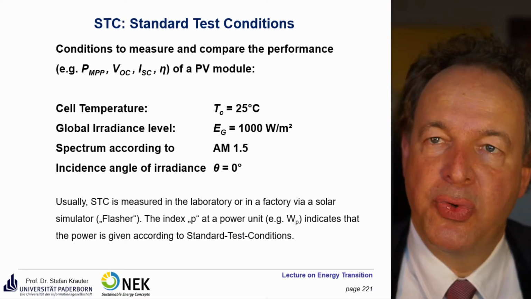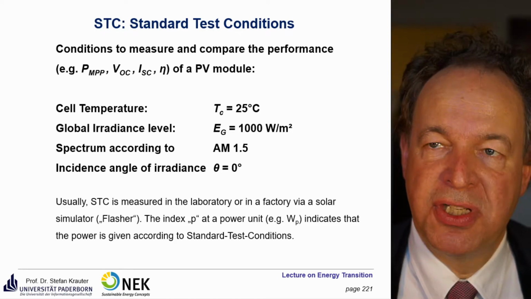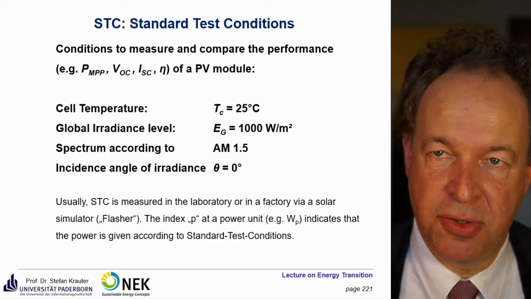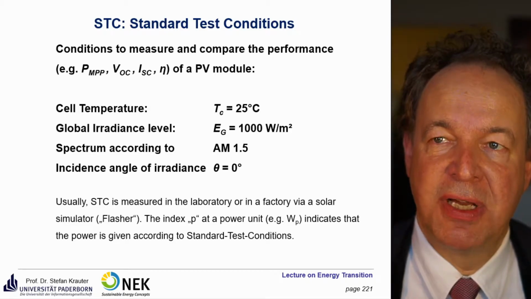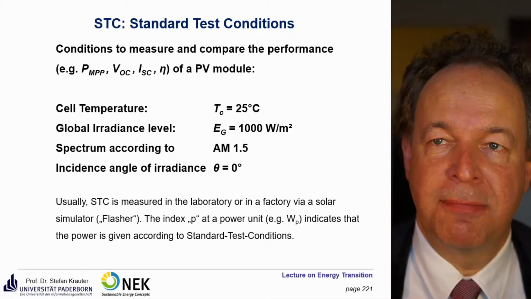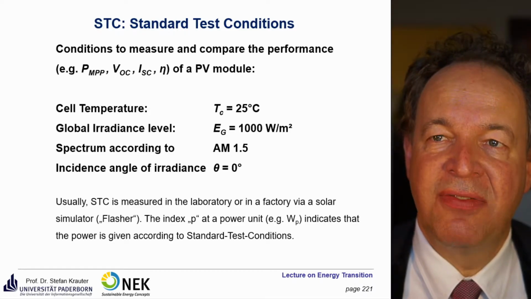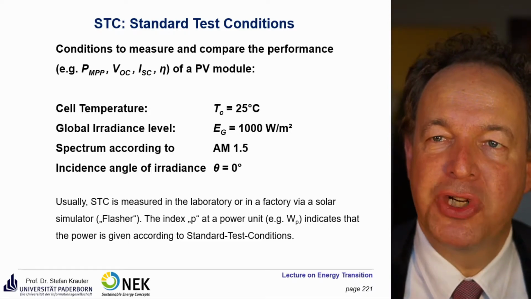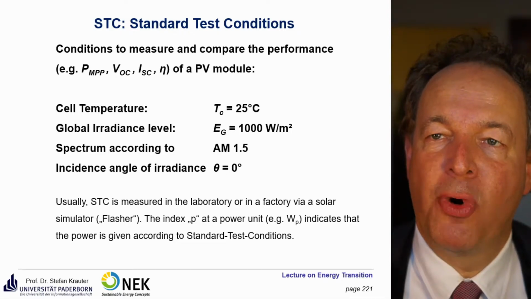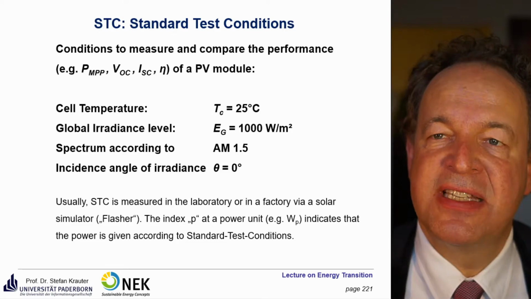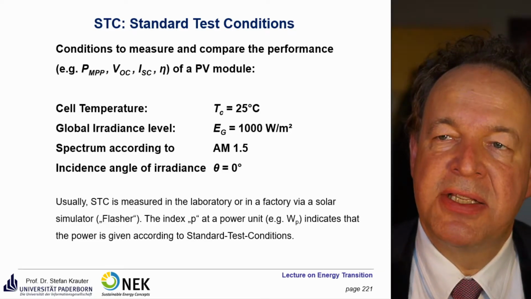First, let's go to the standard test conditions. Usually used if you buy solar modules, these are usually all measured at standard test conditions. That means that you have cell temperature of 25 degrees, not ambient temperature, but cell temperature. And as I mentioned already, a global irradiance level of 1000 watt per square meter and a spectrum equivalent to air mass 1.5. The angle of incidence of irradiance is 0 degrees, so it's perpendicular irradiance on the surface of